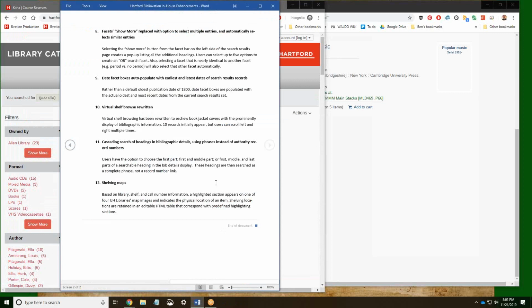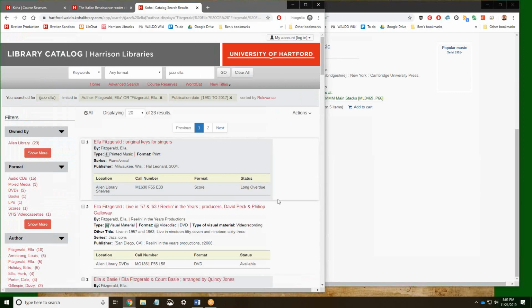so virtual shelf browse. When we first got the virtual shelf browse feature, we didn't really like it, except for a couple of our catalogers who really enjoyed the ability of seeing where the call number they were assigning would fit in with the rest of the things on the shelf. So